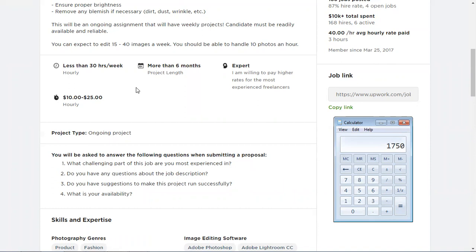But the most interesting part here is that this client requires you for more than 6 months, and at expert level, which they always ask, or the demand is that they are willing to pay higher rates for the most experienced freelancers. So this is what we are doing.